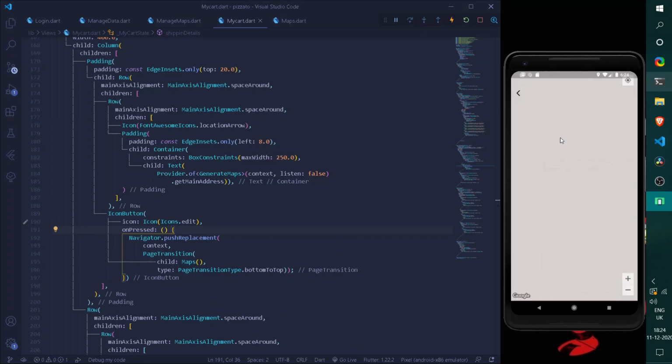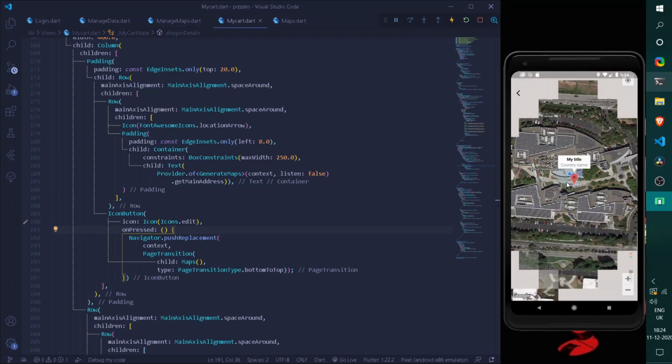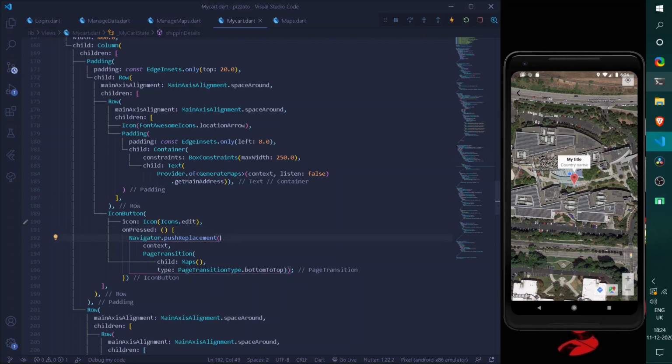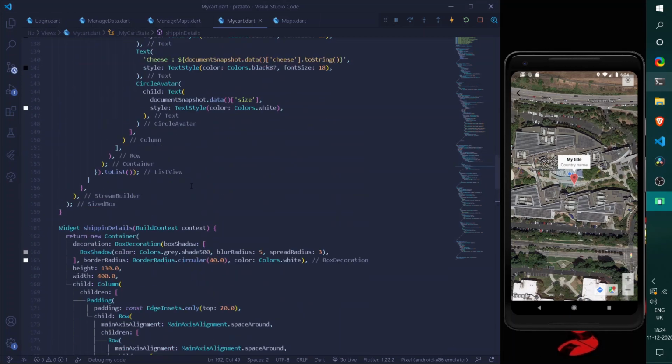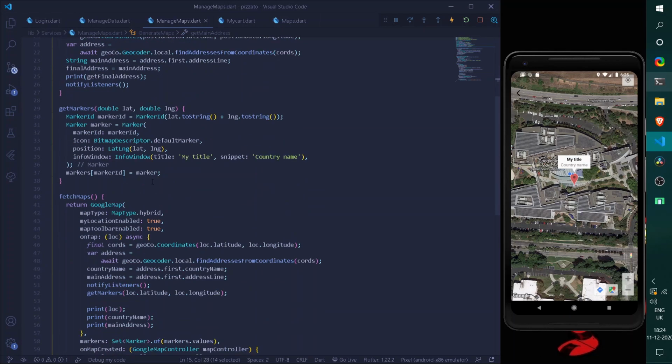Under our location. Alright, so we have our location here, and similarly the marker. So here under this, we shall also be changing the marker type. But for now it is okay for us. And you can also do one thing, that is under the title of our maps, under the marker data, instead of having this, we shall be having get main address here.